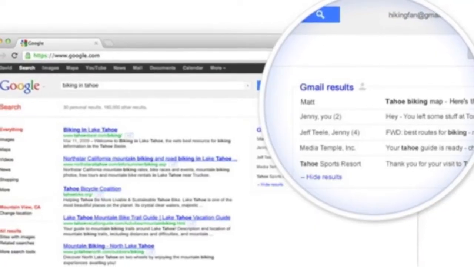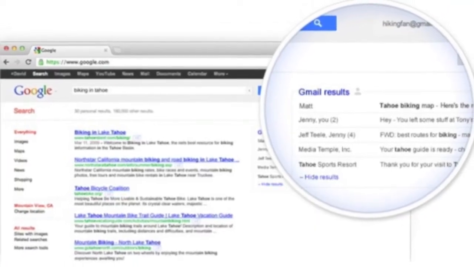Remember, Google was trying this field test where you could actually embed your own Gmail results within the search results when it's applicable. So Google has expanded that test to include more people. You could sign up by going to our blog on October 16th and clicking a link to it. And basically, if you're a Google Apps user, you still can't use it, but it includes Google email results within your search results on some level.